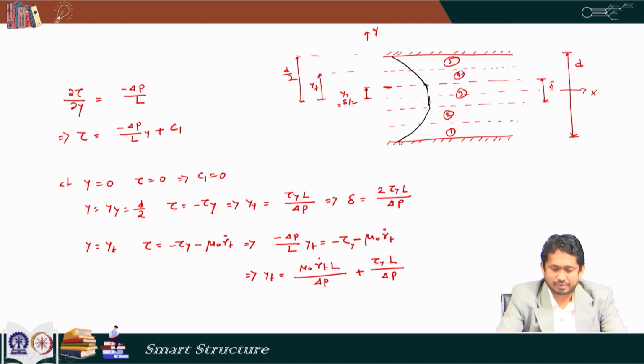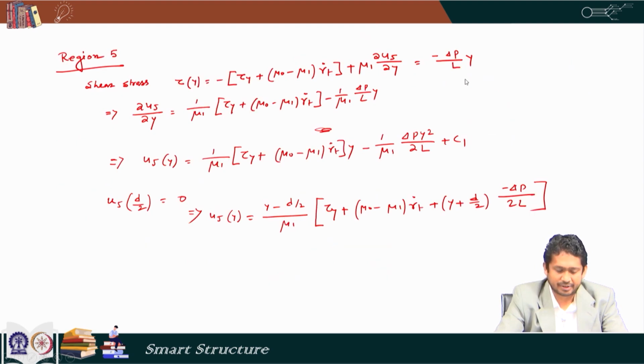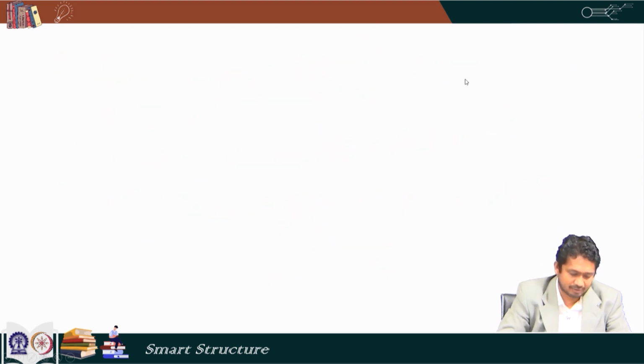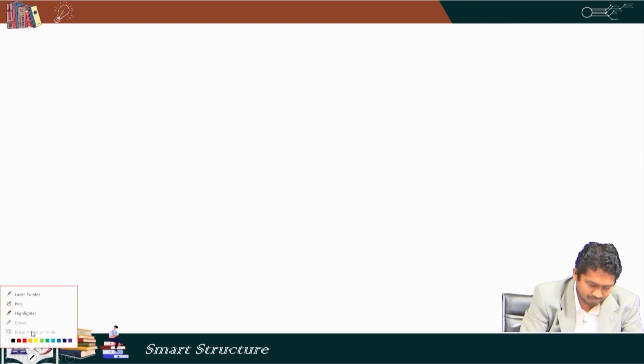So, in the last class we found out the flow velocity equation in region 5. Today we will continue from that. So, we will find out the equation of velocity in region 4. Now, in region 4,